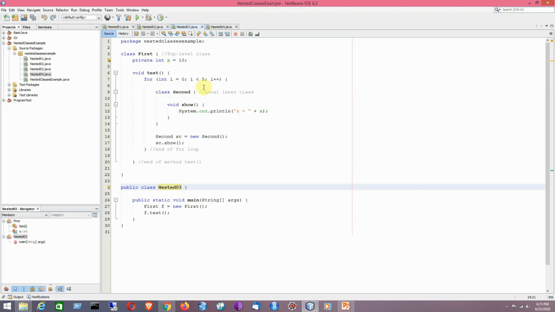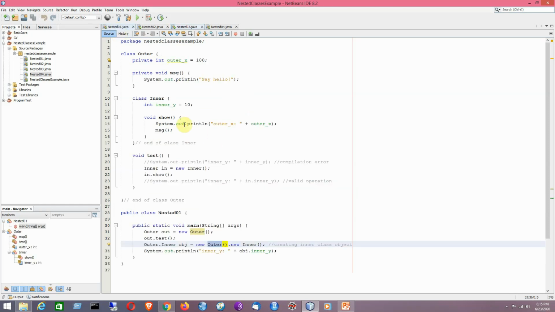Now I will be giving you examples for two different variations of the inner classes, that means non-static nested classes. In the first example I have given you the example of member inner class. That means this particular inner class, or non-static nested class, is defined at the same level as that of its other members, be it a particular kind of field or be it a method.